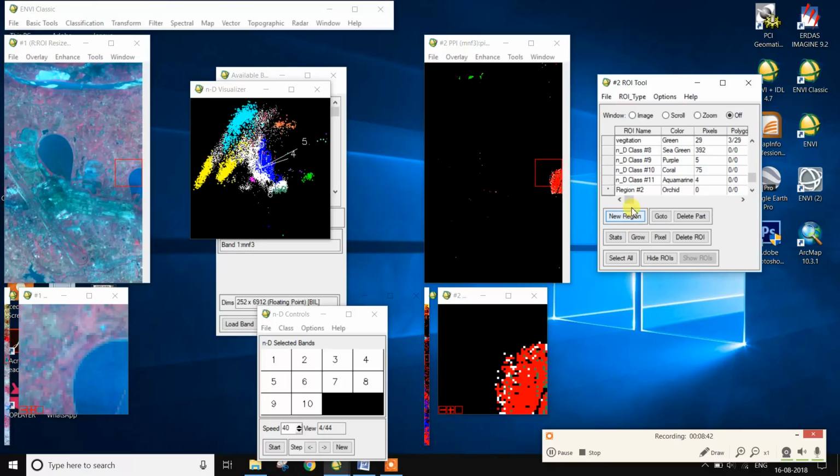So the new class: zoom, create polygon, and there is the pure pixel. So the name is the water body.